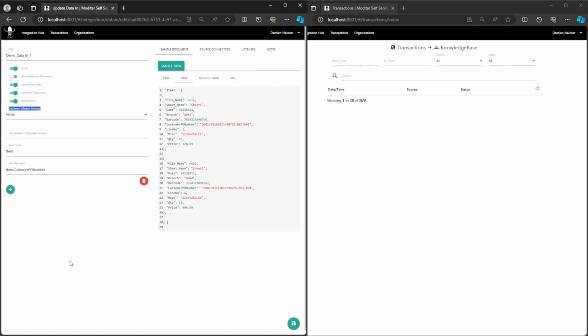The document lifespan strategy is a drop-down menu selection that works in conjunction with the document lifespan. If none is selected on the drop-down, no strategies will be applied to any documents coming through on the data in. If the last document date is selected,